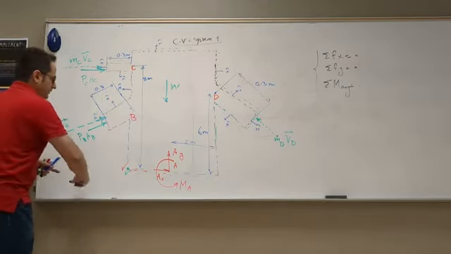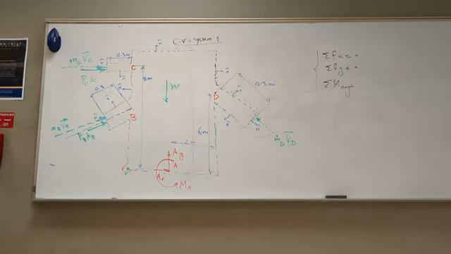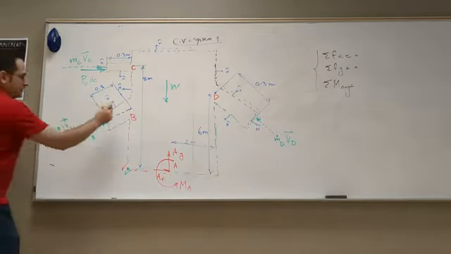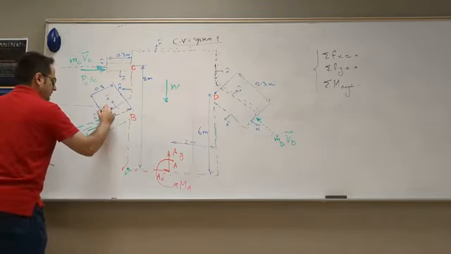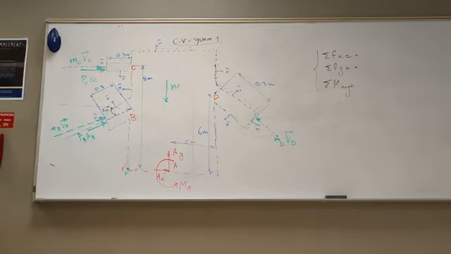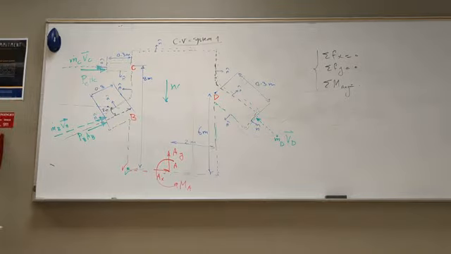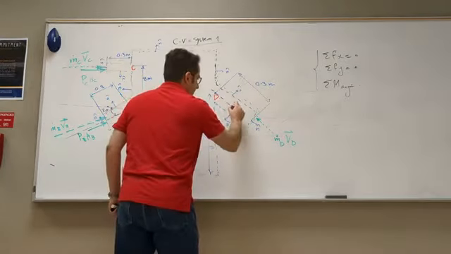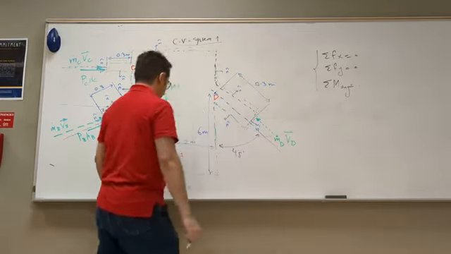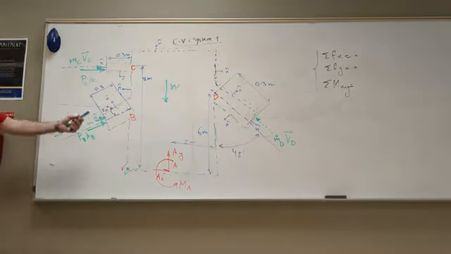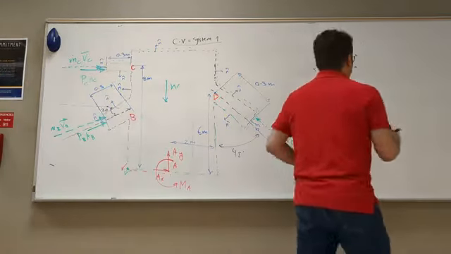Now, the bottom thing is the angle. This angle, with respect to your x, is 20 degrees, and that's flat, right? This one is 45. This angle is 45. All right, now I'll just have the basic vector statics summation of forces in x equals 0. So you're going to get